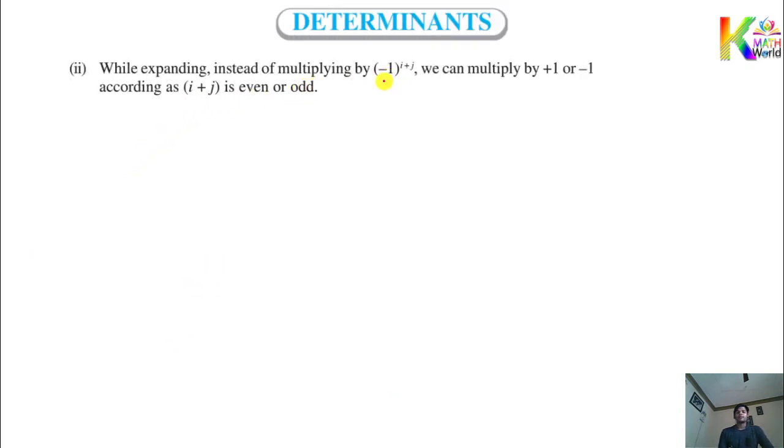Whatever we discussed now, something like A11 into minus 1 to the power of the sum of suffixes, that is given here, i plus j. So we multiply normally by plus 1 or minus 1. That's why you get a sign, whether plus or minus, with the element. It depends on the sum of the suffix numbers, this is i and this is j. If this sum is even, then you get plus 1. And suppose we have 1, 2, then the sum will be odd, 1 plus 2 is 3. Then minus 1 to the power 3 gives a minus sign. So that is given in this remark.